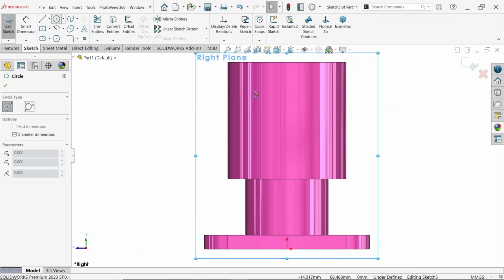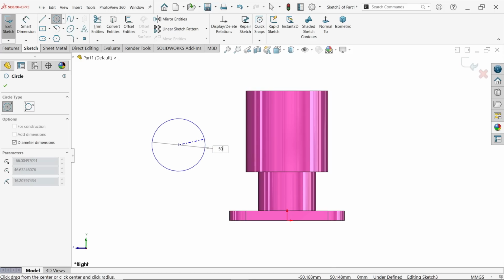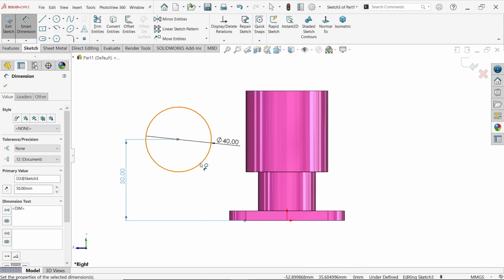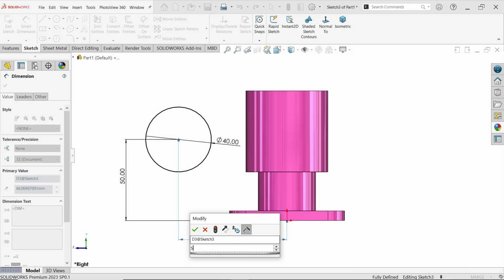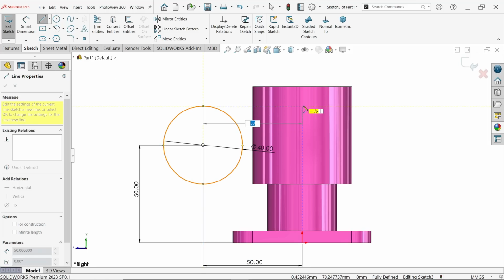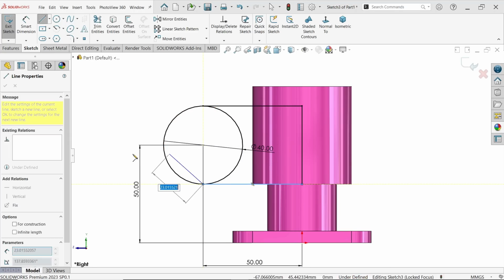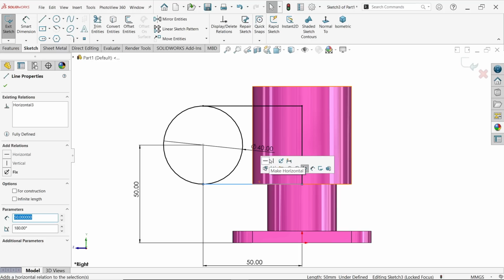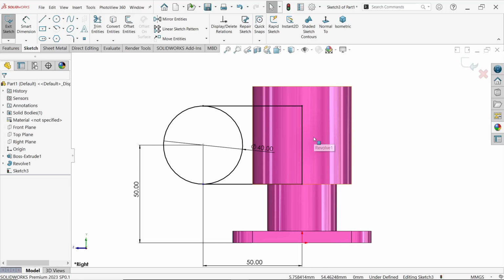Right plane sketch, activate circle, and let's draw here 50, not 50, it's 40, enter. Press escape key to get out. Activate smart dimension. Let me define a few important dimensions. 50, even center to center distance 50. Okay, let me connect with this so that we don't need to horizontal. Look, it seems a fully defined sketch. Okay,